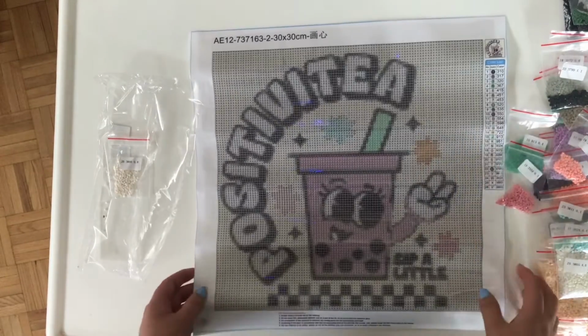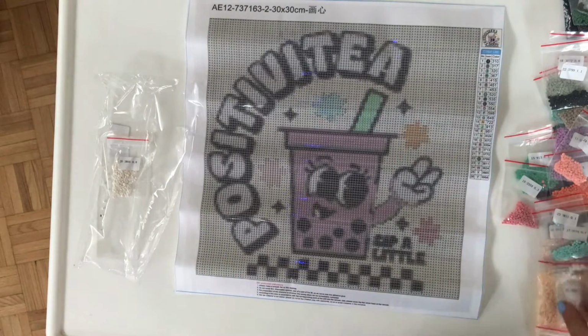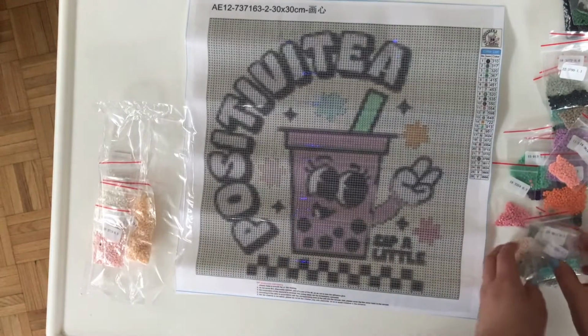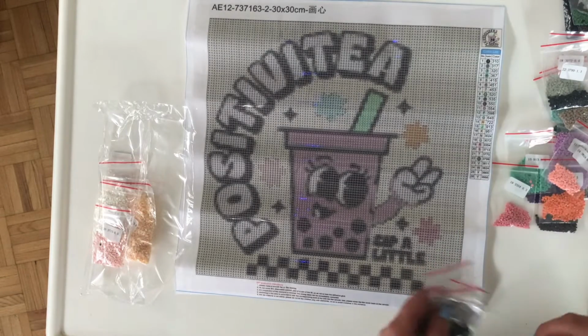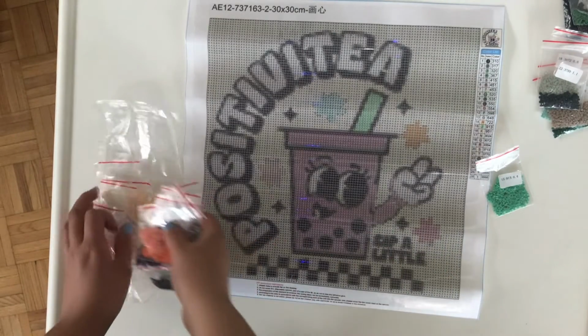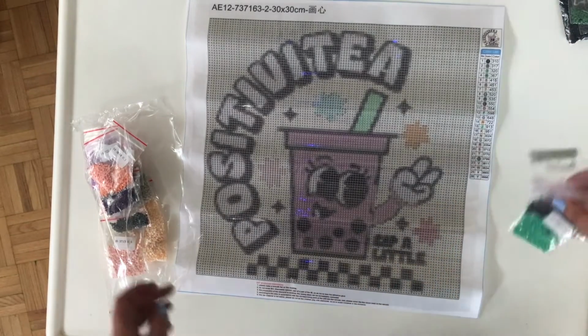Okay, so you have now seen 3 canvases from Fallon Gems. 3 canvases where the drill field is super clear. The physical drills have literally no trash in them whatsoever. And we now know that there's tons of options in terms of customization, which is super cool. What I do want to show you, once I do put these back in